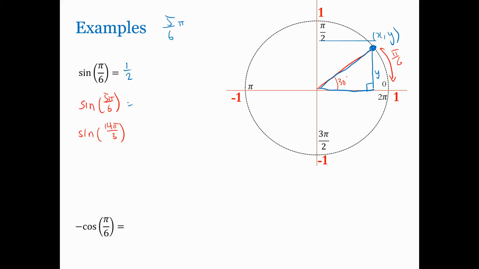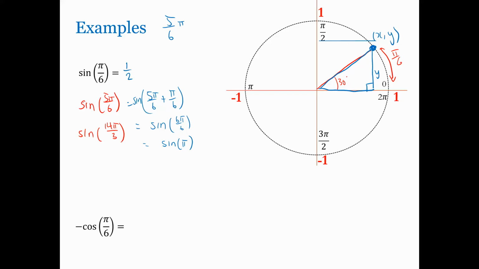Okay, we're going back to grade 3 fractions here. Another way of thinking about it is 5π out of 6, I need to add another π out of 6 to get 1 whole. This is equivalent to sine of 6π on 6, which is sine of π. Okay, 1π. But the problem is we don't have sine of π. It's not sine of π that we have. We've got sine of 5π on 6. So instead of sine of π,